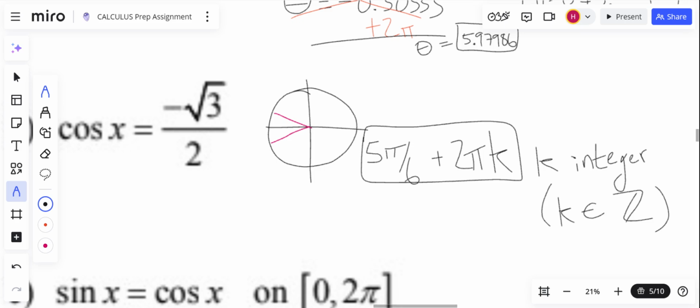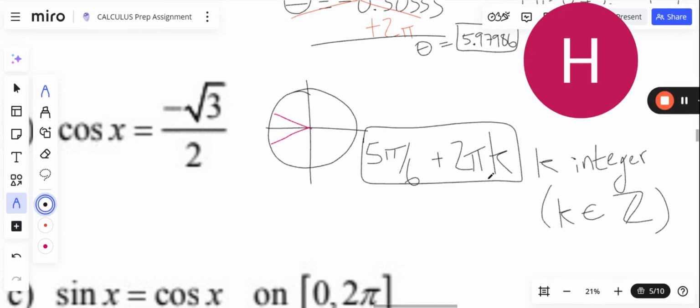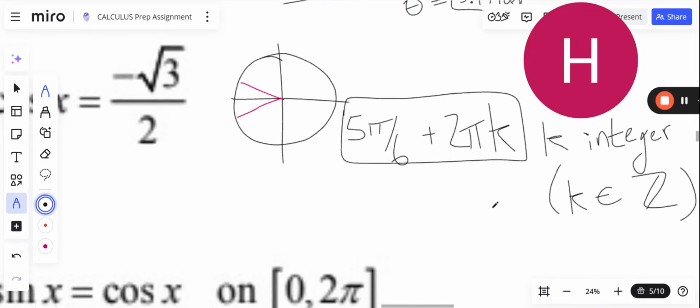Yeah, it's kind of like a forked e, kind of like a, what do they call that? A trident? Almost like a trident, not quite. And the other solution here is going to be 7 pi over 6. So like I said, I took some time to explain that and really go over it, but I want you